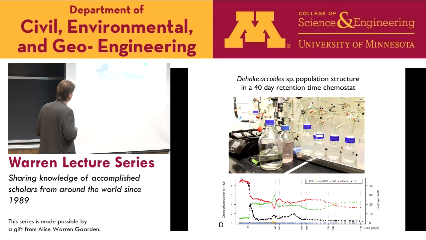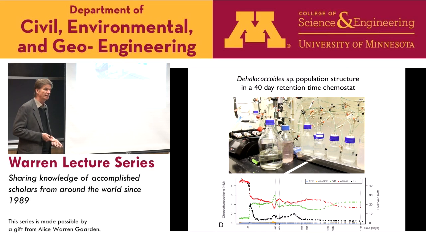And we have a chemical profile of how this reactor worked with lactate. We had TCE being fed. And then initially we had a full conversion to ethene. And then we had vinyl chloride formed as an intermediate. But we really had no idea, was this one organism or two Dehalococcoides, or what was the